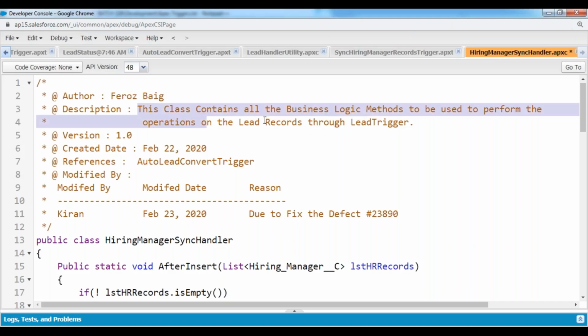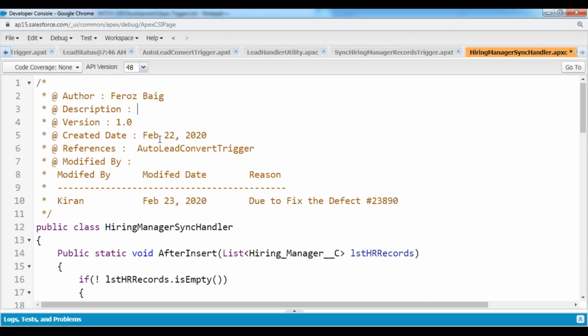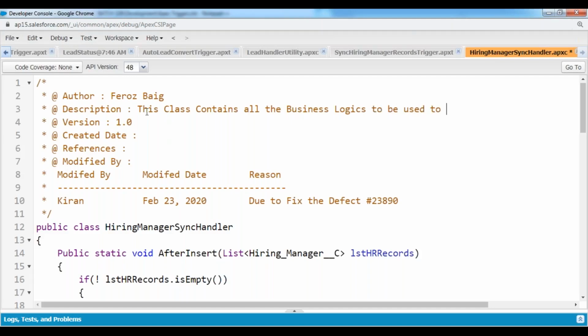Now the description. We have to specify the description of the class: what is the functionality of this class? This is the commenting format we have to follow for your class. Specify the author name, who is nothing but the person who has prepared this business logic class. Description: in this case, this class contains all the business logic to be used to